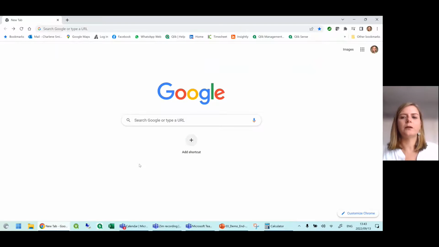Chrome is my browser of choice, but Qlik works with any browser that you might be using. It also is 100% mobile. I'm an Apple user, so if you're using Safari, but also Android, you can access your Qlik Sense environment directly from your internet browser, but we also have a Qlik Sense mobile application where you can switch to your mobile app and have the same analytical experience from your mobile device. And obviously with the dependency on mobile devices in the modern world, that just means your data goes with you